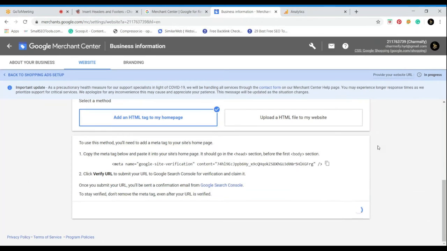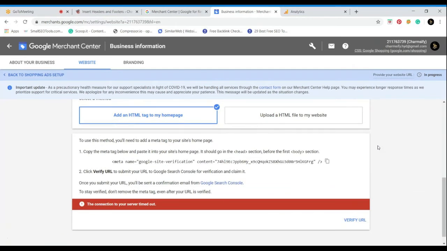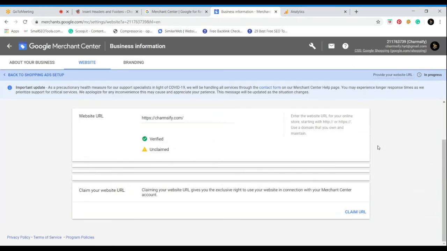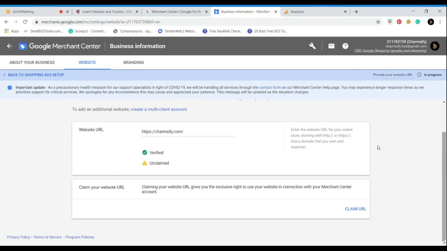Yeah, others, are you done with the sheet? The connection to your server timed out. Yeah, again click on verify URL. Yeah, claim URL.